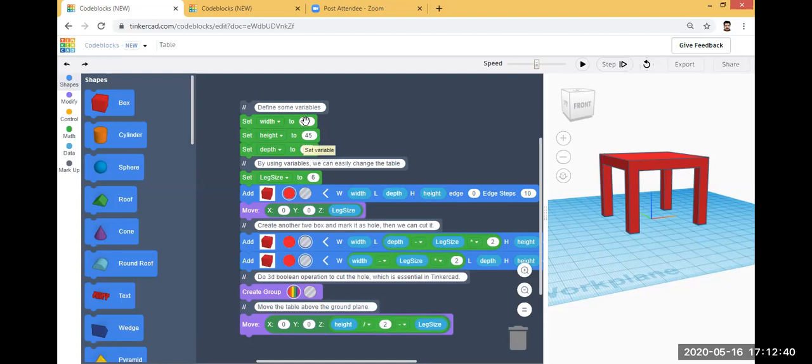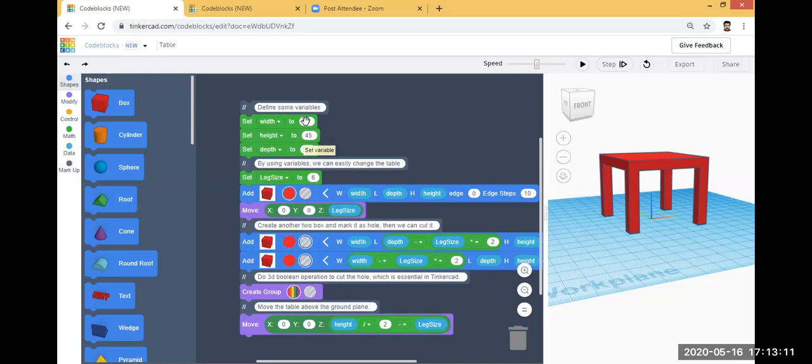Code blocks is actually the creation of 3D design using visual programming. So once again, code blocks in Tinkercad allows the creation of 3D designs using visual programming. In code blocks, this includes the creation and the use of variables. Here in the central portion of the screen, you can see set width to 55.